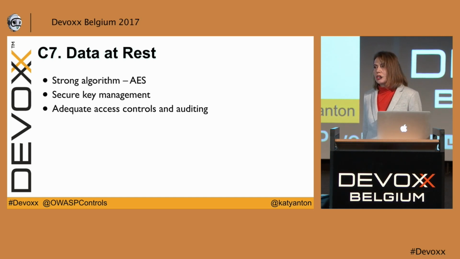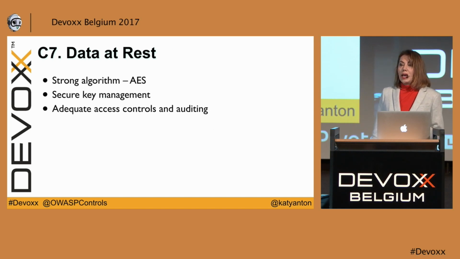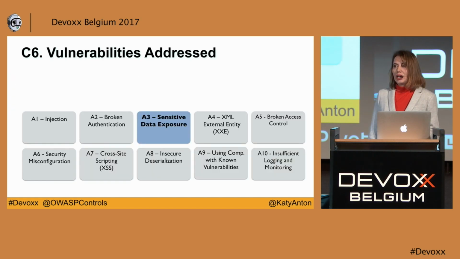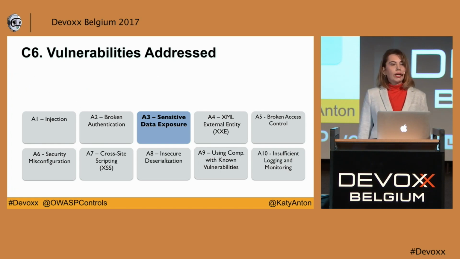When it comes to data at rest, the best control out there is still AES, Advanced Encryption Standard. We have to bear in mind that it's important to have in place a secure key management for the key used to decrypt data, and appropriate access controls and auditing in place. And having in place controls for both data at rest and in transit can prevent sensitive data exposure. Great, so what else can we do? What about